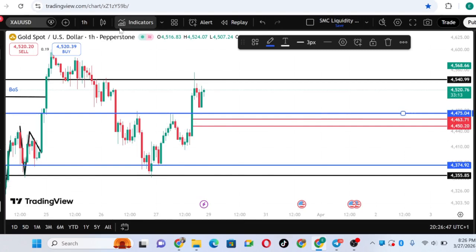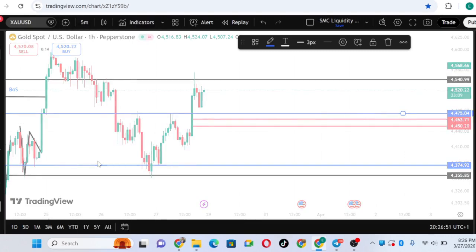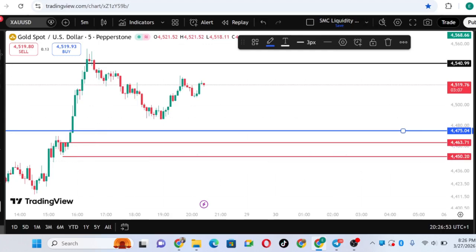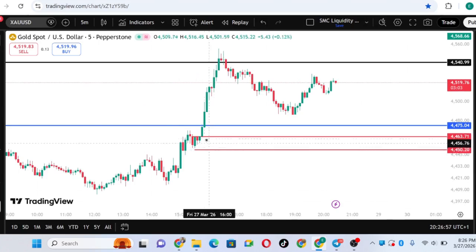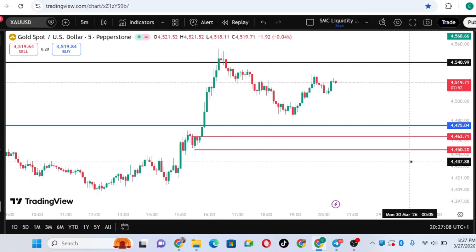So let's go back to 5 minutes so you can see everything playing out for me. We are here on the 5 minutes. The first thing was I was waiting for a displacement. This candle should reverse so that we can trade this strategy, the 9:30 EMT. For those of you that know how to trade that strategy, if you don't know and you want me to make a detailed video on that, drop it in the comment section. Tell me you want to know the 9:30 EMT strategy, and I'll make a detailed video for you.